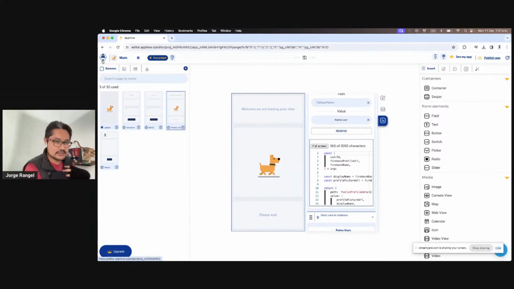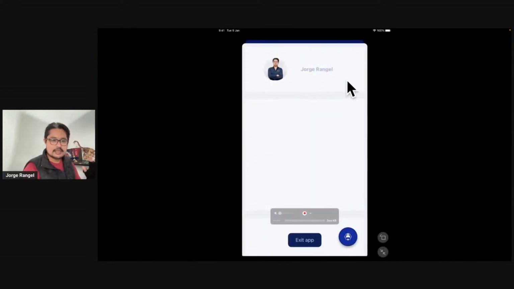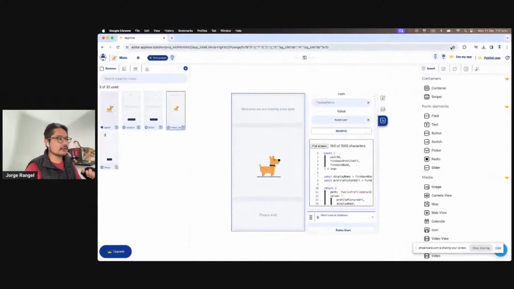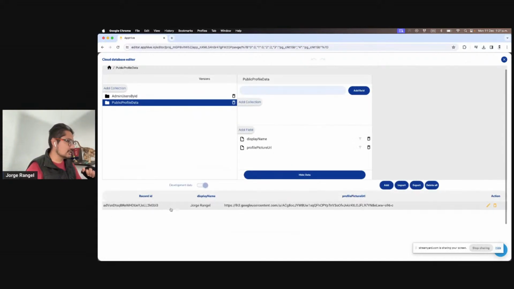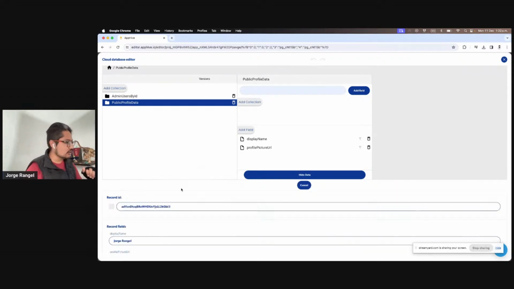So the information now is controlled by your application, and this profile picture that we see right here is saved in our application. If we go to the database right here and go on the profile data, you can see the ID of my user, the display name, and the URL of our profile picture, right? If we change, for example, the name